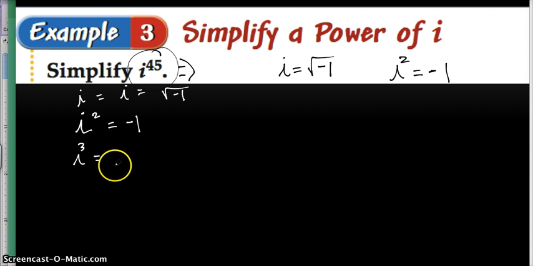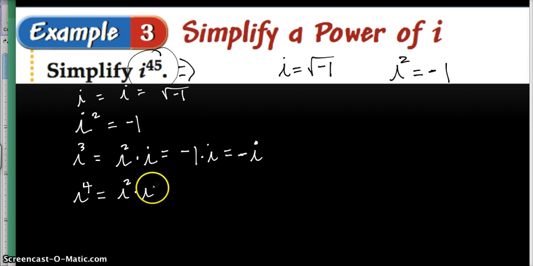Recognize that i to the 3rd power from our rules of exponents can be written as i squared times i. If that's the case, i squared is -1. I can write that as -1 times i. -1 times i is just going to be -i. Let's hold on to that thought. Let's look at i to the 4th power. If we look at i to the 4th power, we end up with i squared times i squared, right? Rules of exponents, i to the 2nd power times i to the 2nd power is simply i to the 4th power. Remember what i squared is? It's -1. So I have -1 times -1. And when I multiply those together, I end up with a +1. Let's review what we just did. i to the first power